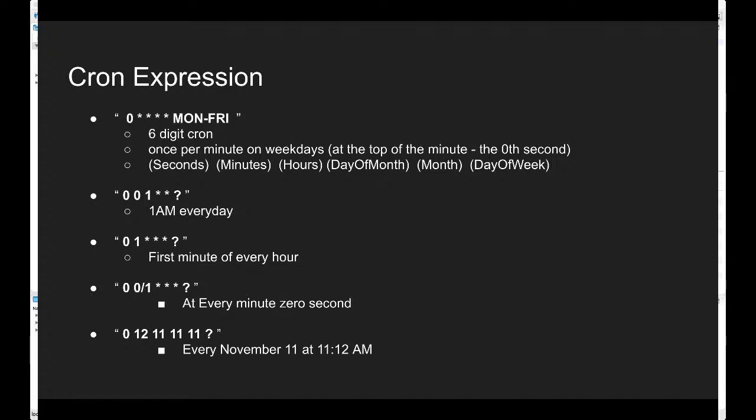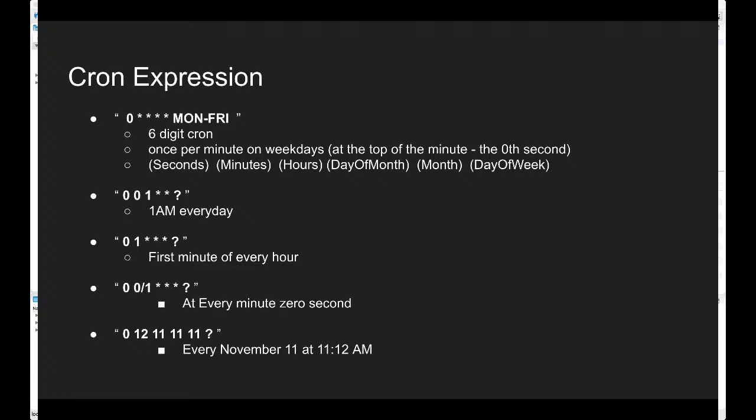Let's take another example. Let's say we take this one. So here the question mark means we don't care. Here we don't care what day of the week it is. All we care is that it should be any month, any day of the month, and 1 a.m., the hour is 1, and 0th minute and 0th second. So it would run at 1 a.m. every day. If you talk about this one, it would be 0th second of first minute. So first minute of every hour. And instead of first minute, if you want to run every minute, then we would keep a 0 and slash before that. So it would be every minute.